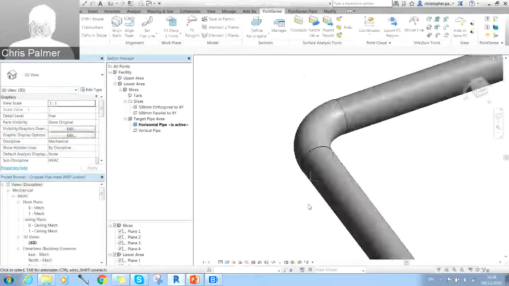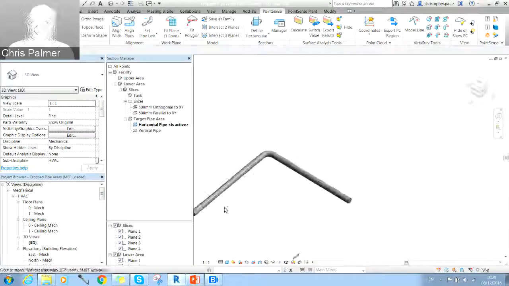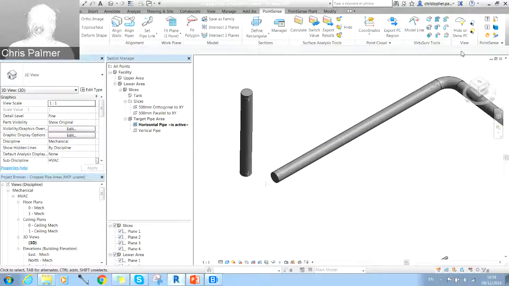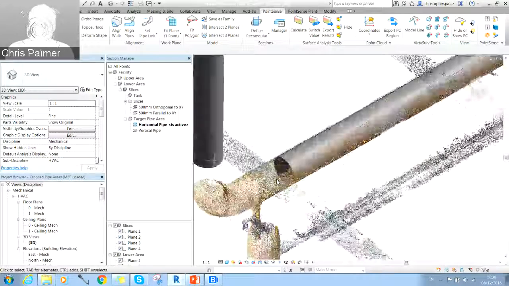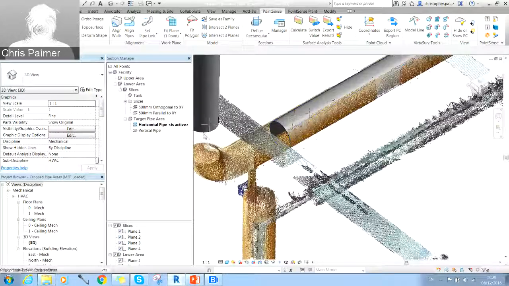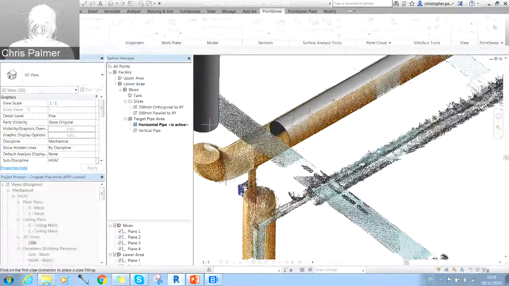Okay, so what if we've only got one end of the pipe modeled? I'm just going to bring the point cloud back in this instance, actually. Let's say we want to just model a part of pipe that we haven't got another area to snap to. If I go now and press place pipe fitting, just select one end of the pipe and press the escape